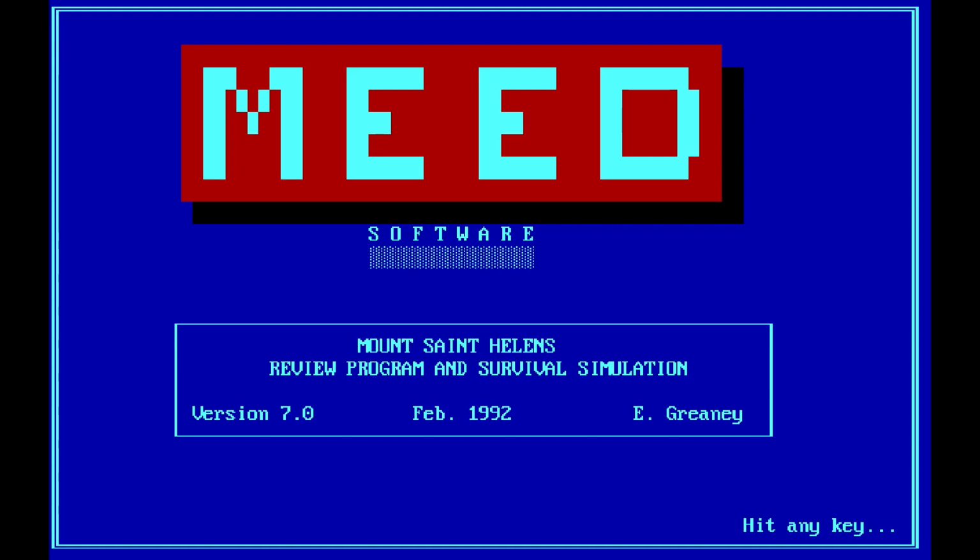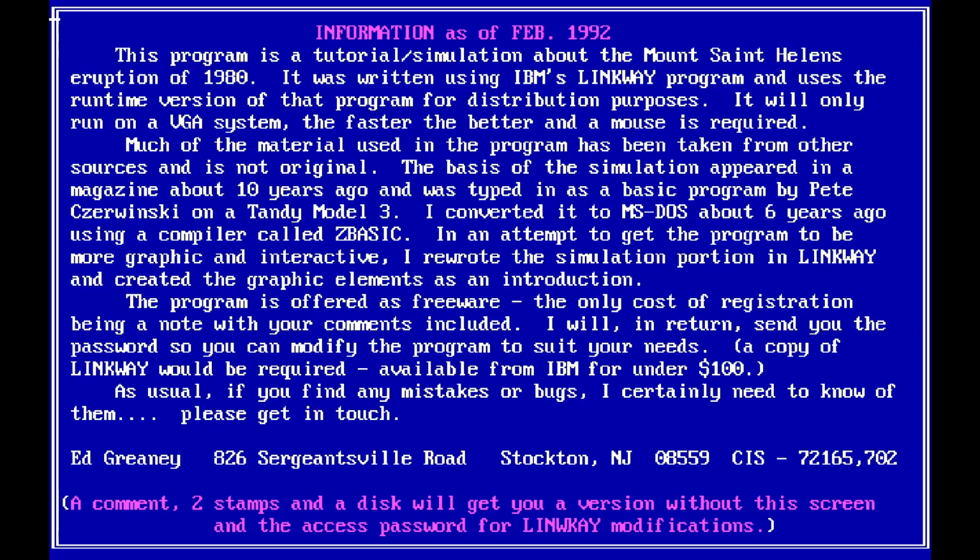Welcome, ladies and gentlemen, to another random DOS game show. And this is Mead Software's Mount St. Helens Review Program and Survival Simulation by E. Greeny. Let's hit any key. Whoa! This program is a tutorial simulation about Mount St. Helens eruption in 1980. It's written using IBM's Linkway program and uses a runtime version of that program for distribution